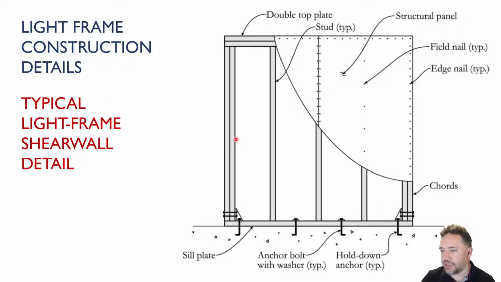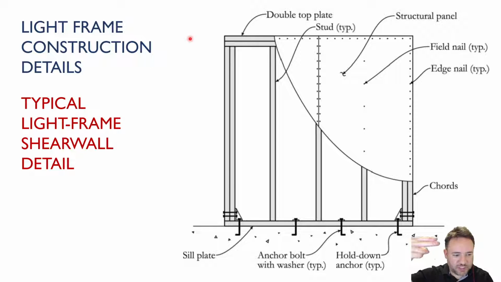Okay, so in detail, a light frame wood shear wall looks something like this. And just for the purposes of terminology especially, we have our studs, which we've talked about already, which are the vertical elements, especially the ones that are in the middle of the wall. At the outside of the wall, those studs are typically called chords. And they're called chords because they will typically take tension and compression. If I try to push this wall off to the side,